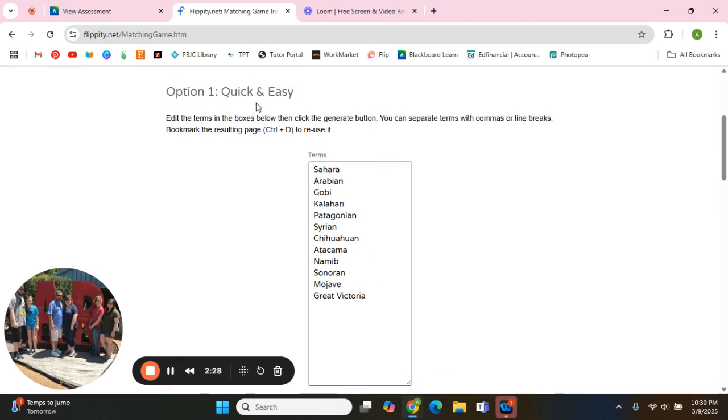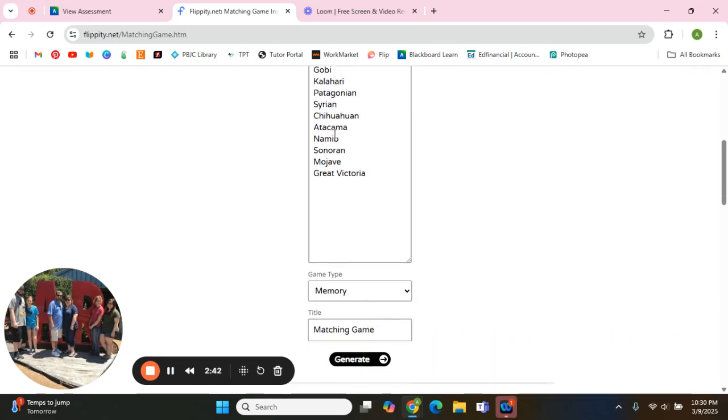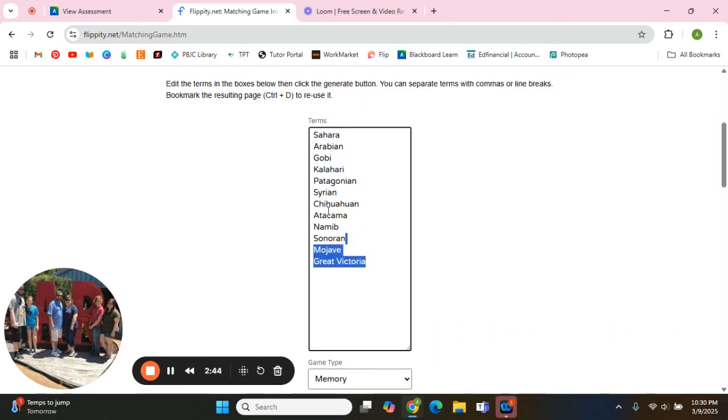So this one says the quick and easy. You can edit the terms in the box below, then click the generate button. You can separate terms with commas or line breaks. Bookmark the resulting page, Control D to reuse it. So I am going to just take these out and let's do some shapes. So let's say circle. I'm going to use line breaks. Then let's do